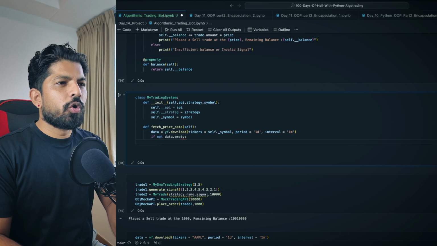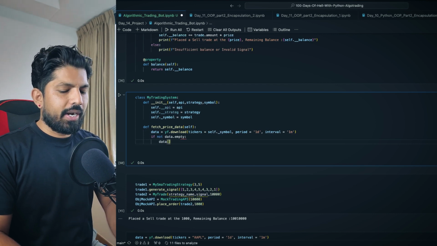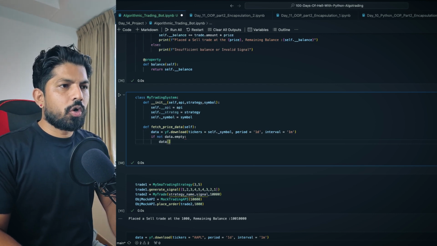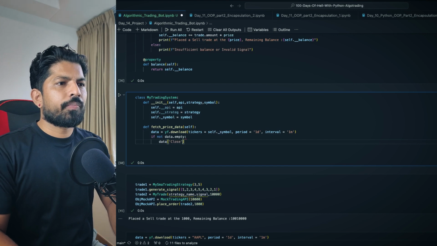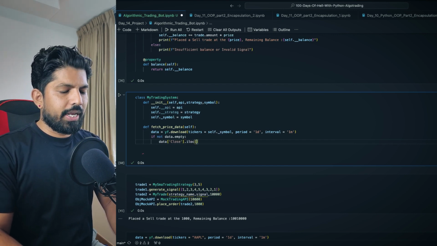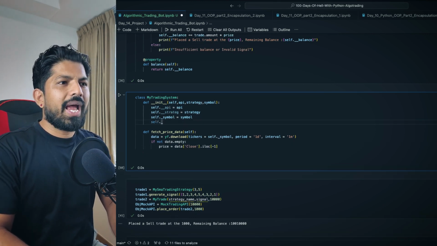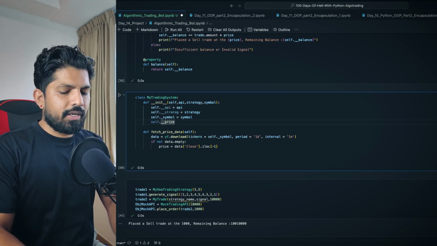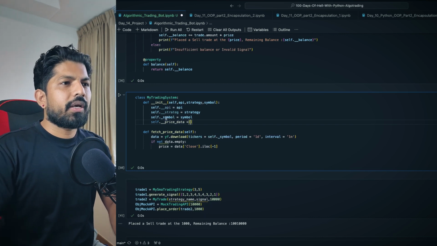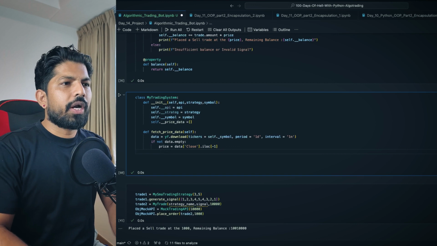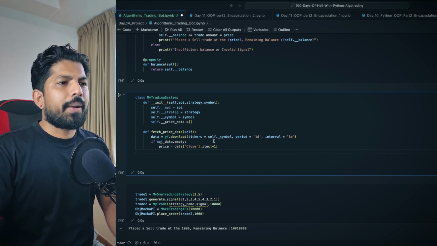Right now, what we can do, we can write data, and here it will be the close, right? The table with the close and dot iloc, and here I can write -1. I can write here a code for the empty list. So it will be the price data equals to an empty list, and here I think we are missing one underscore, and after that it will append to this empty list.